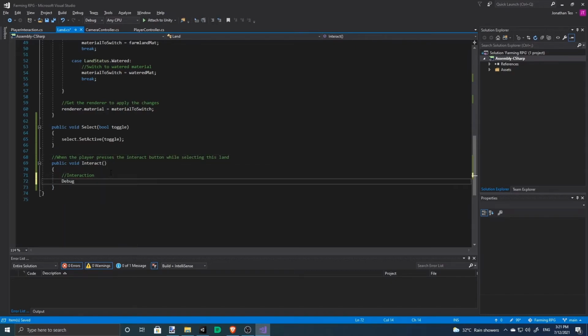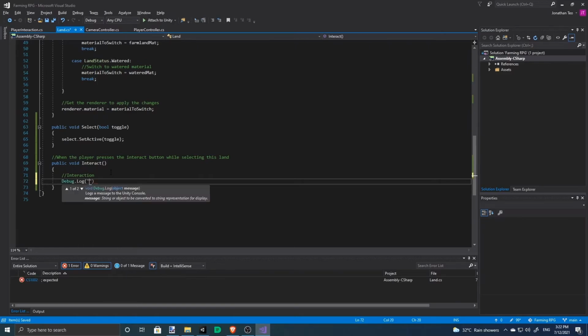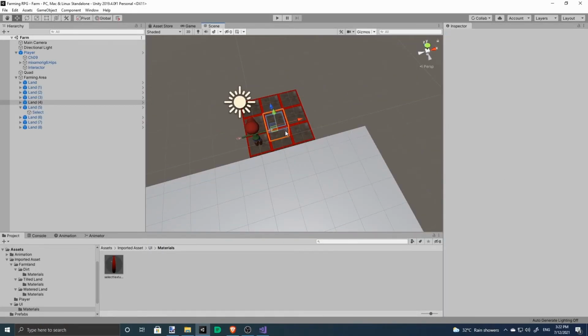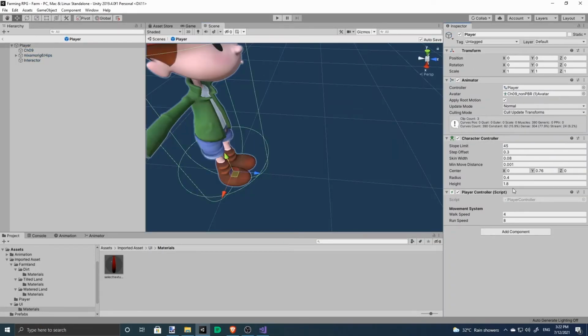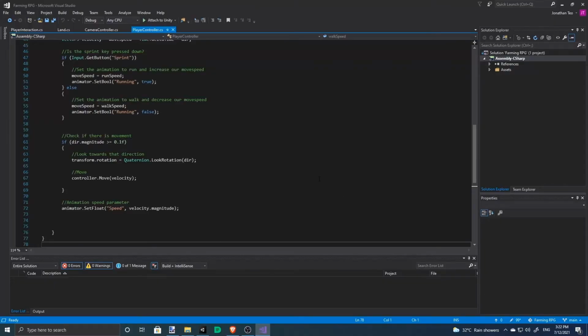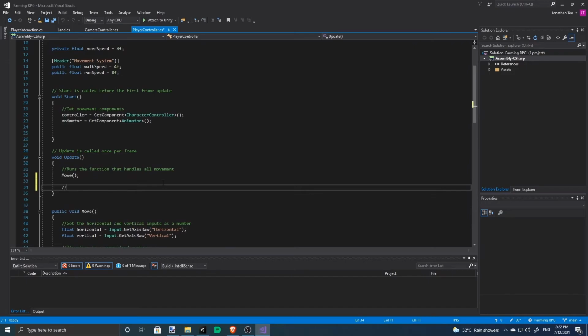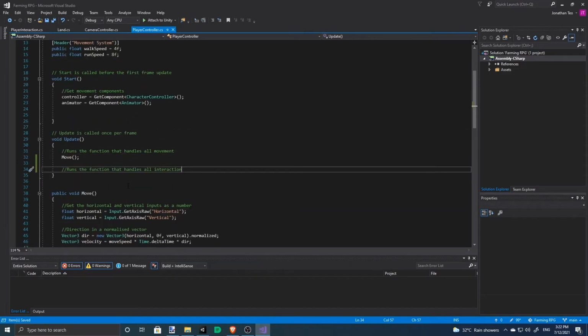So for now, it is debug.log. So now let's go to the player controller script. We need a whole interaction system. Call this interact.